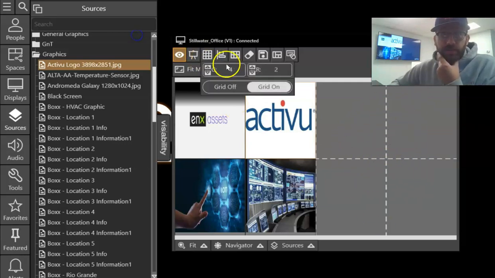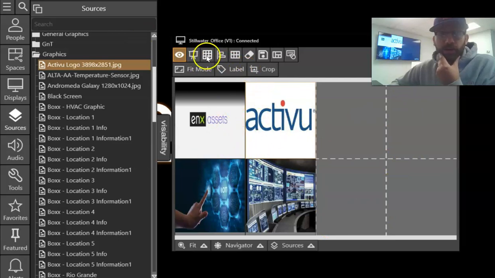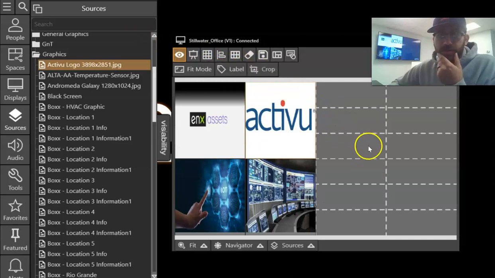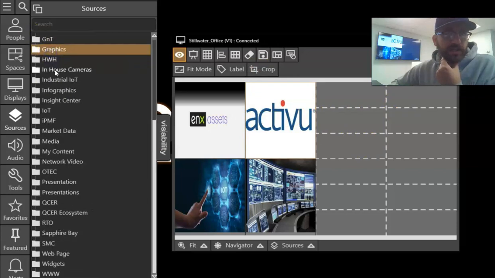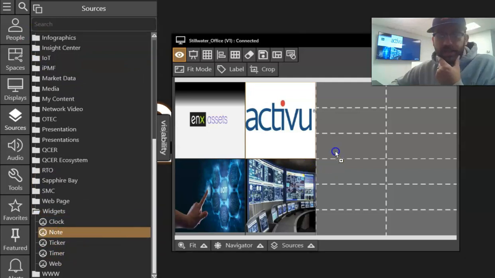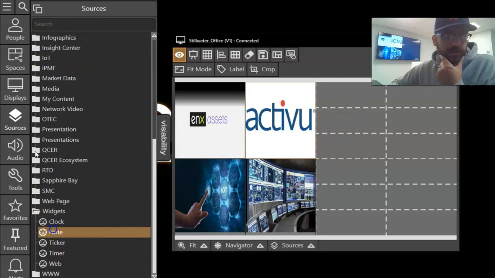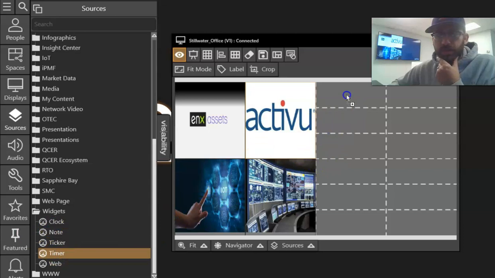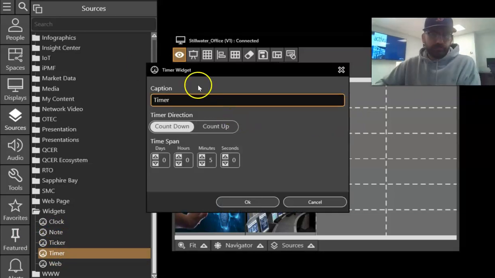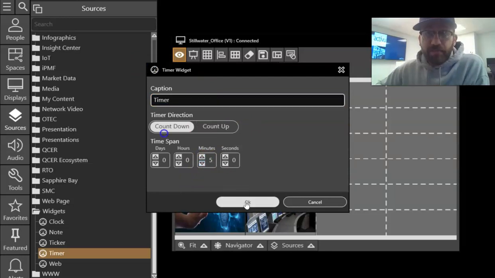I can still change my grid and it won't change these 4 right here. So let's say I want more rows. I'm going to put what is known as a widget on here. We'll say I'm going to put a timer on here. I'll say timer, and I'm going to set it for 5 minutes,